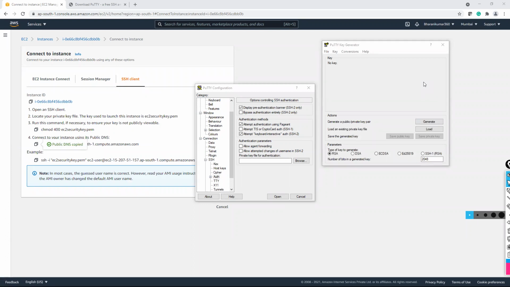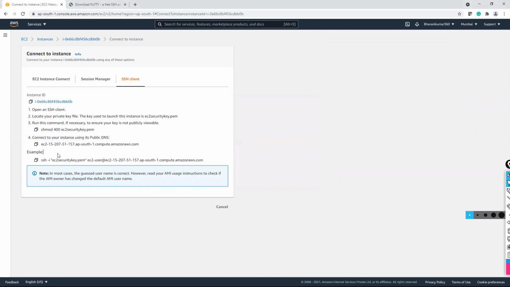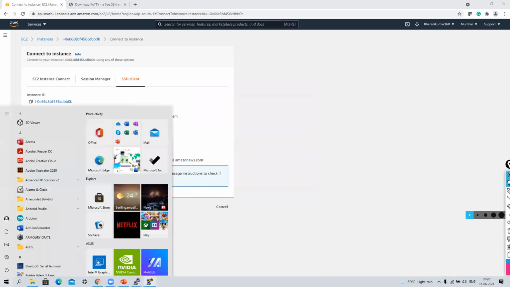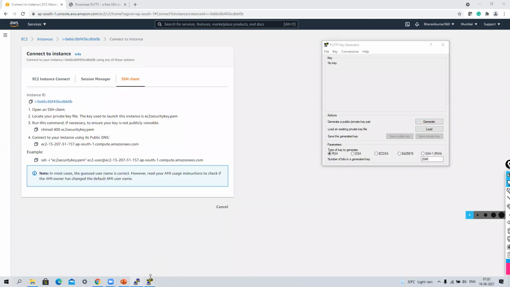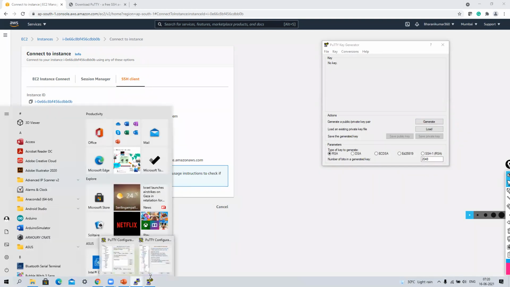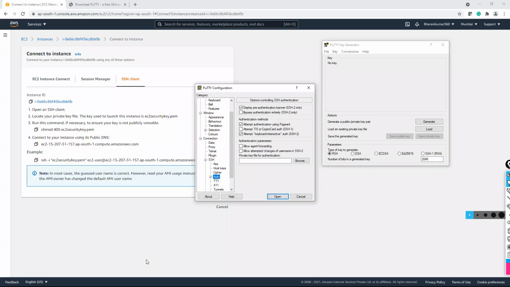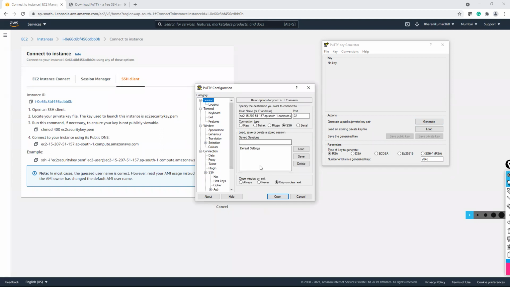So guys, if you're not doing, please take screenshots. So this is your public DNS which you need to copy. And then this is your PuTTY where you have already entered your host name.